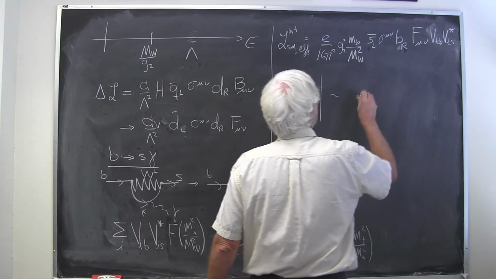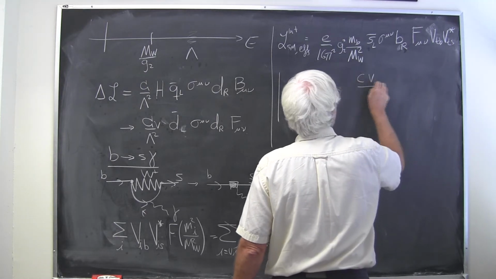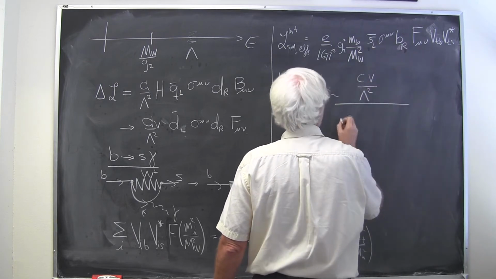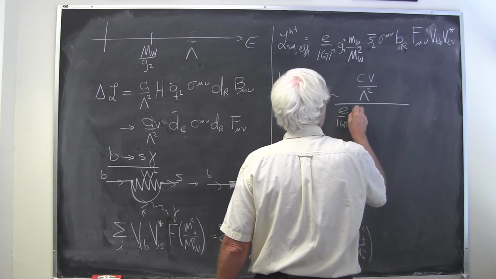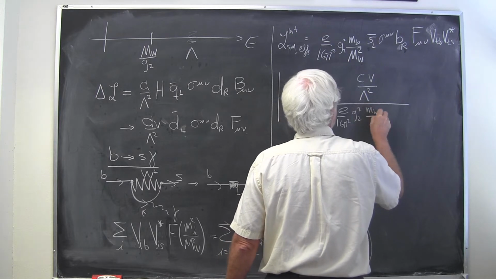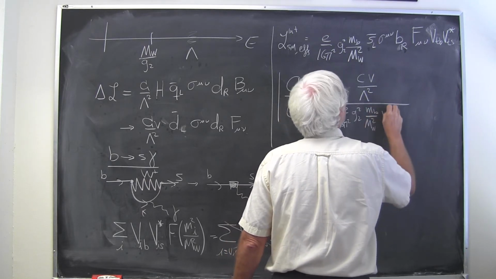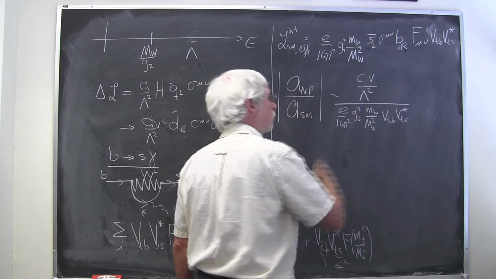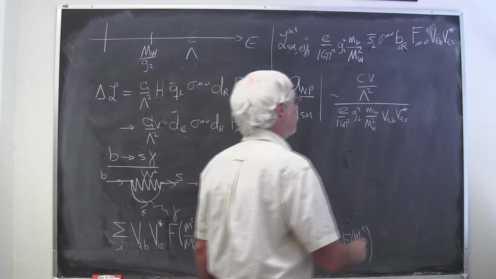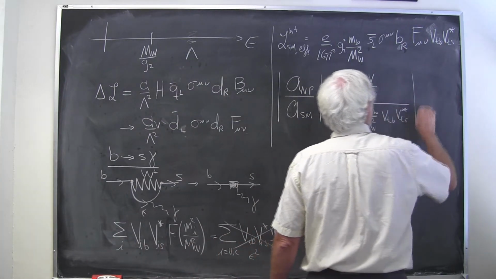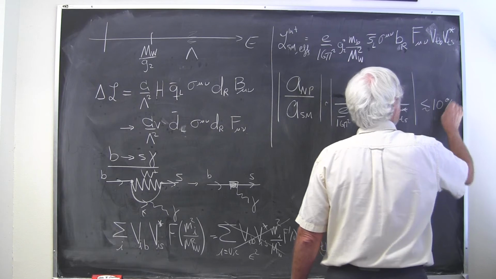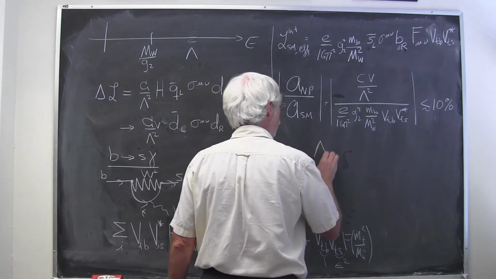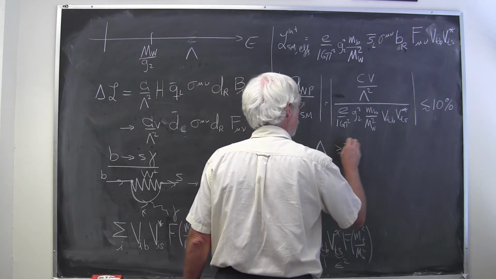So this is going to be something like C_V over lambda squared divided by this whole quantity, e over 16 pi squared, g_2 squared, and m_b over m_W squared, and importantly, V_tb V_ts star. And of course, you have to take the magnitude of this, but when you do that and require that this be less than, say, about 10%, plug in the numbers,